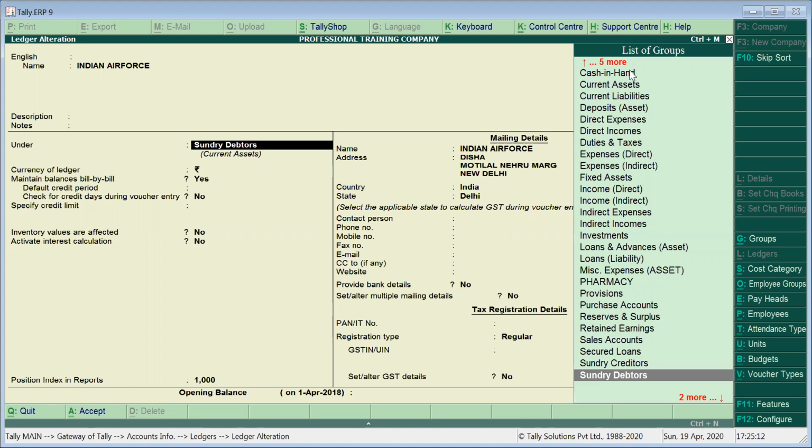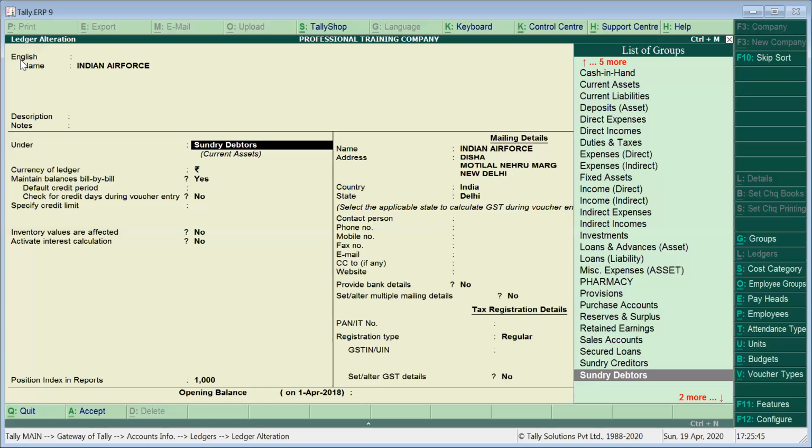There are certain predefined sets of accounting groups which are already created in Tally as per, I guess, Companies Act, Schedule 6. The final accounts groups are there. So these are all predefined groups: indirect expense, indirect incomes, investments, loans and advances. You can see over here pharmacy is also there. Since I have worked in this company, these are the groups which I have created under all these accounting groups. So we are not going to go deep into the accounting group right now. Over here we are going to select sundry debtors, since this is a sundry debtor.